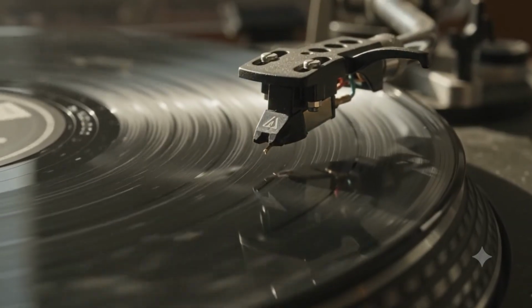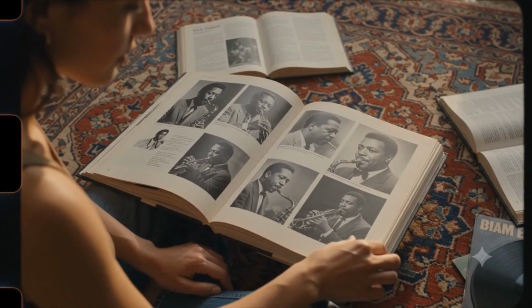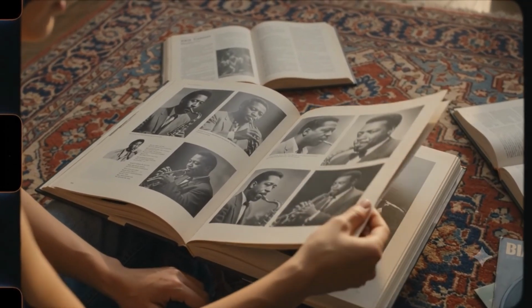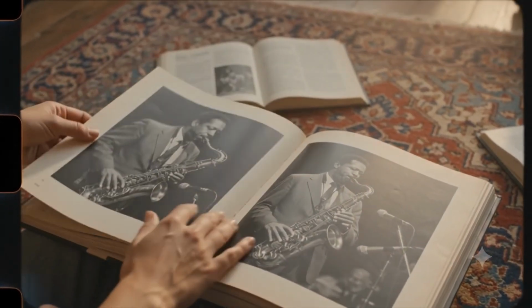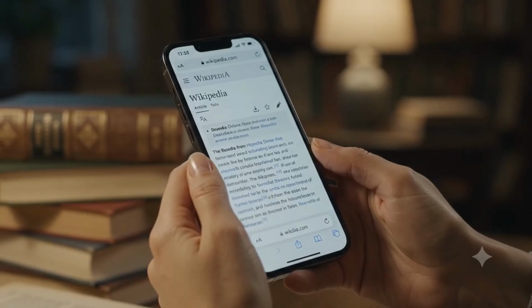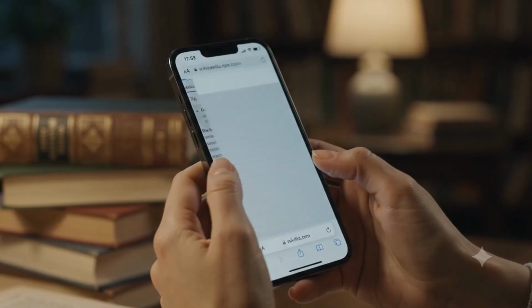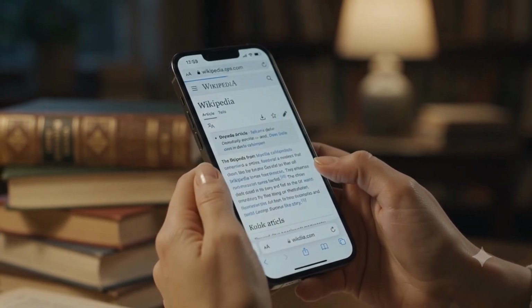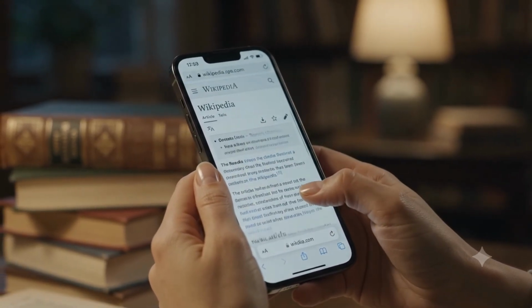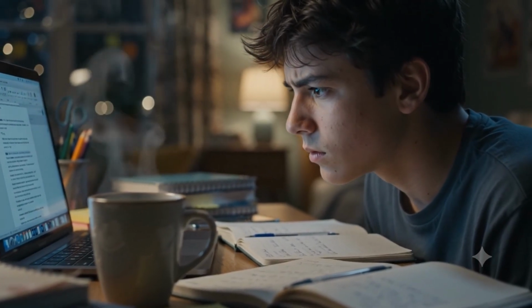I used to spend a lot of time reading about different musical genres, different artists, and the history behind the music that I was listening to at that time and even now. And a lot of that information was available to me in English only. I remember reading Wikipedia pages about different genres, and I wasn't reading them because I wanted to improve my English. I just wanted to know more about music. And while I was trying to satisfy that curiosity, English was constantly happening in the background.